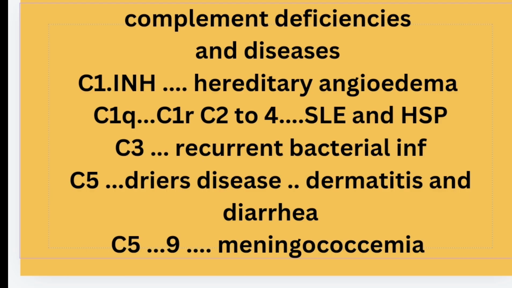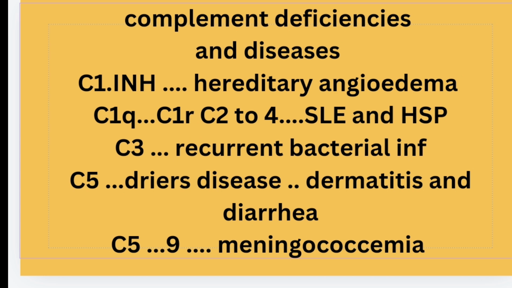Then some problems are associated with deficiencies of some components of complement. For example, if a person is deficient in the C1INH component, he or she will have hereditary angioedema. Then C1Q, C1R, C2 and C4 deficiencies lead to SLE and Henoch-Schonlein purpura. C3 deficiency leads to recurrent bacterial infections, and C5 deficiency leads to